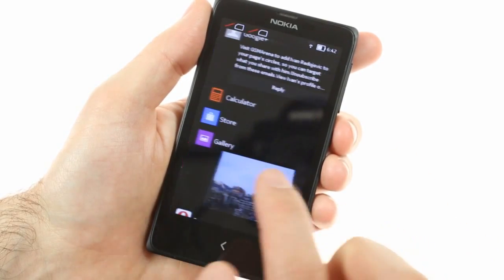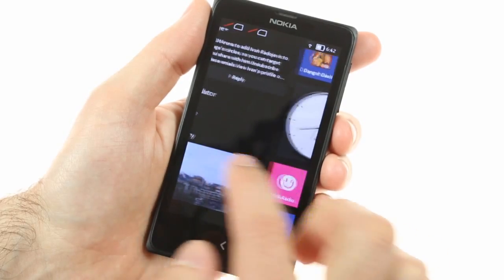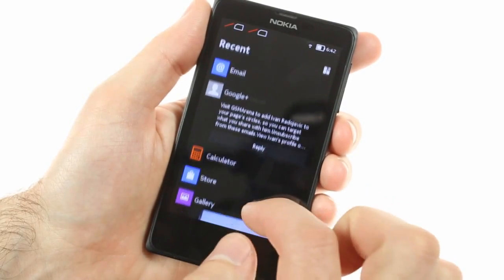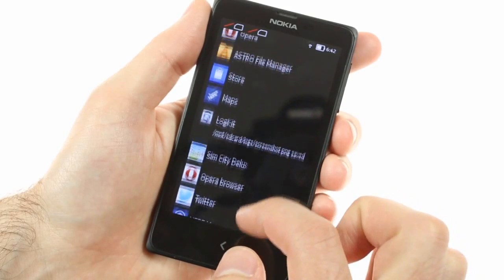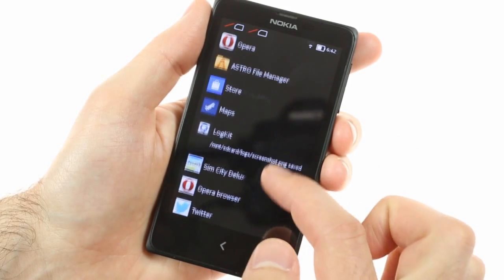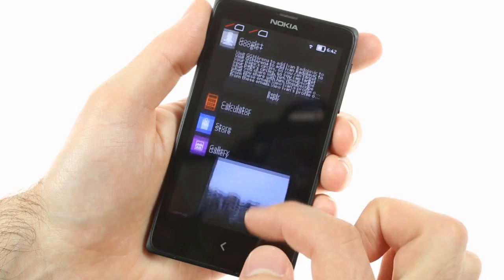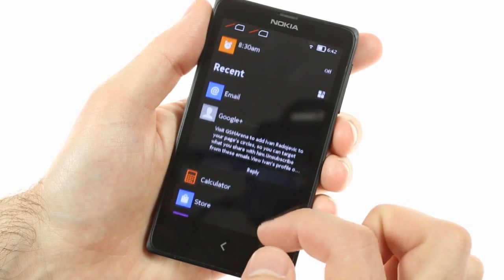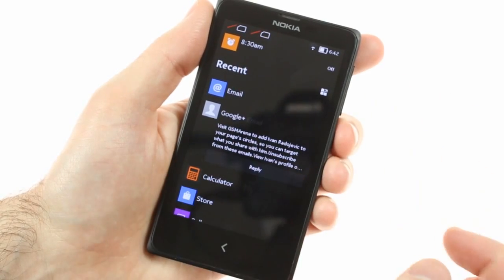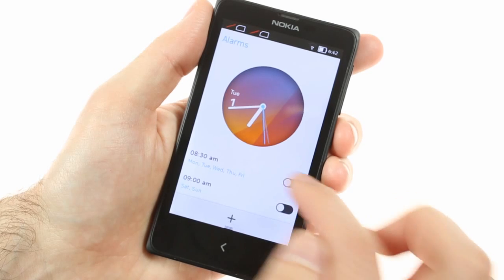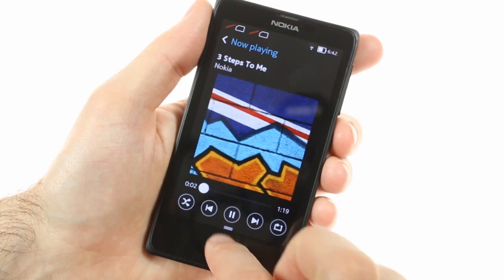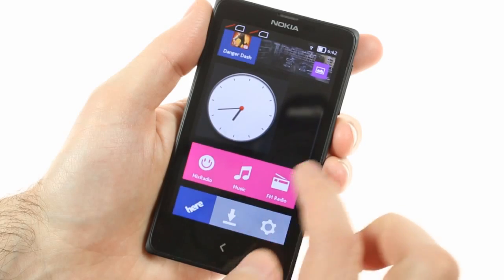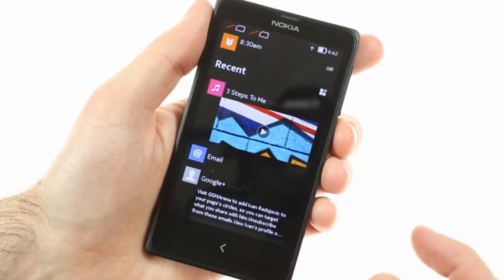Swiping left or right of the app drawer will take you to the other home screen called Fastlane. Those of you familiar with the Asha user interface will recognize it immediately. It keeps track of all your recent activity, including opened apps, visited web pages along with contacts you've called, messages, emails, calendar events like birthdays and to-dos, installed apps, shared content, notes and pictures, radio stations, and even social network posts, replies, likes, and goings-on. The music player, if active, will also appear here.